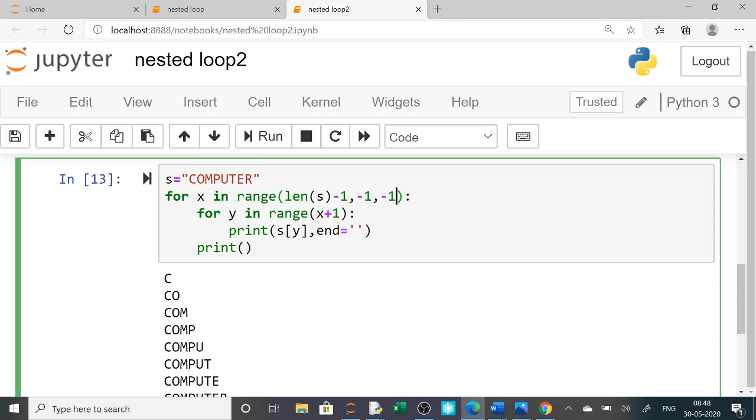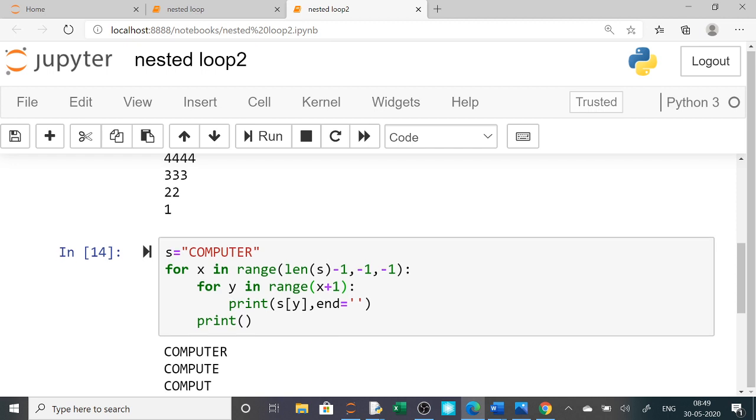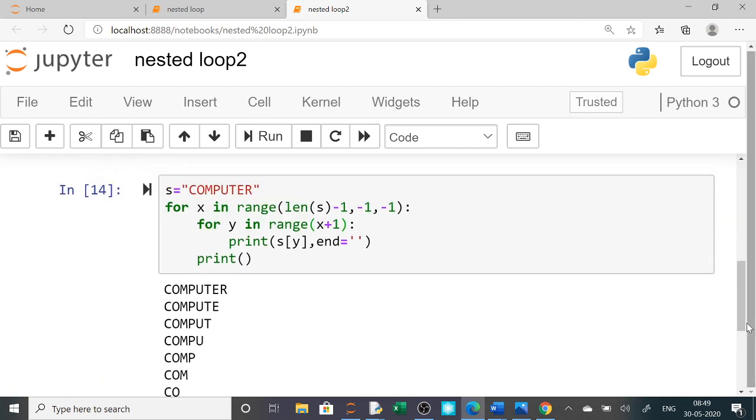It is a reverse pattern. Now here I have to write from 0 to len of this. Now see what happens. Now when I am printing, first it should print full computer. So when I am running, see, it has reversed the pattern. Clear? So this is the output.